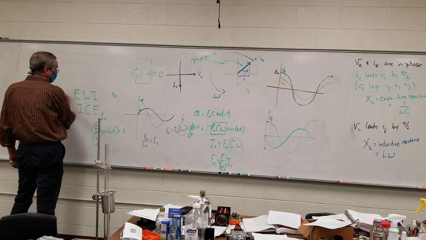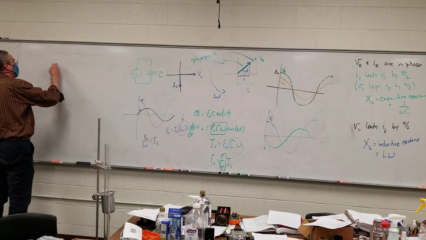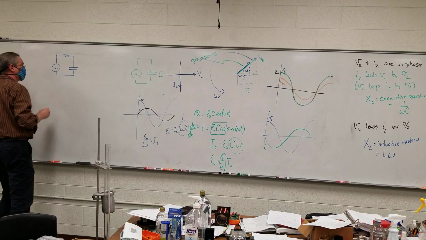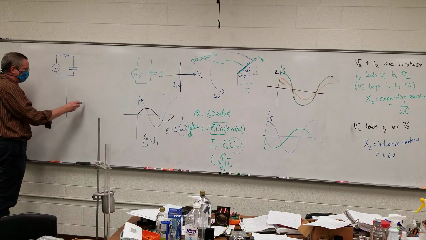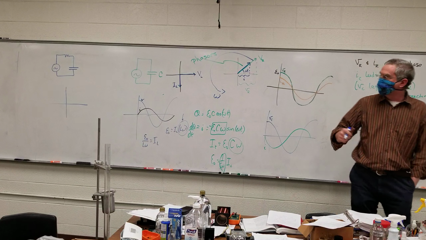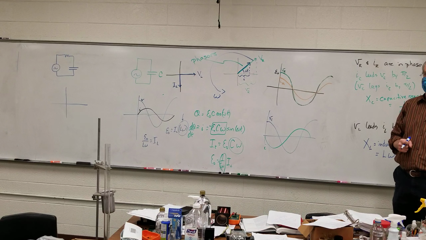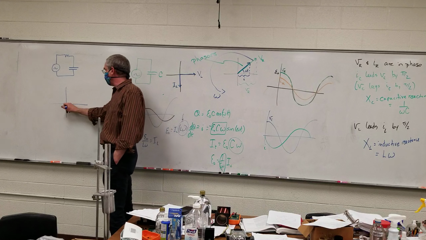Solve it using the phasor diagram. An AC RC circuit, an RC AC circuit. Now, what is going to be common to all the components here? What's common to series? Current. Yes, current. So current is the same for all of them, so I'm going to start out by drawing my